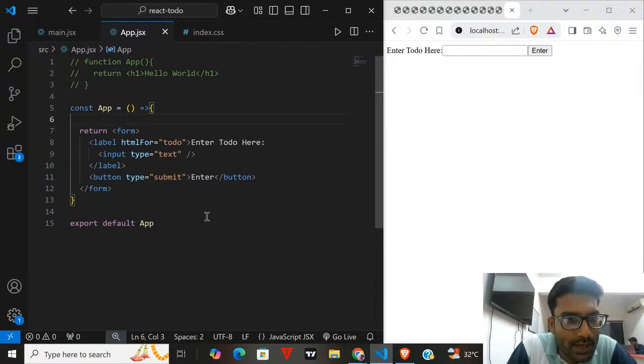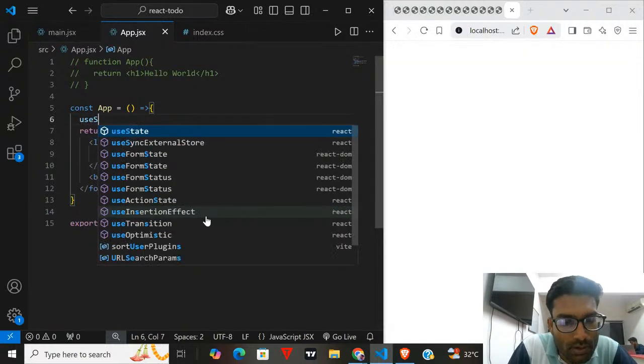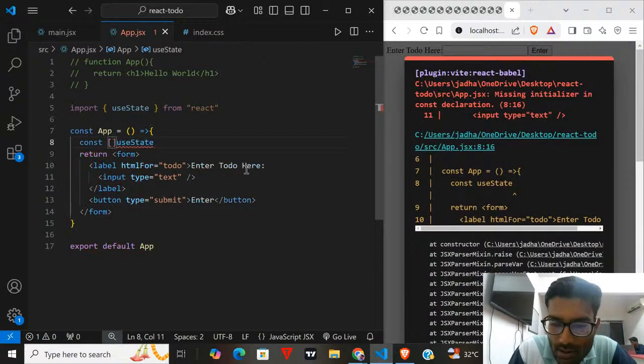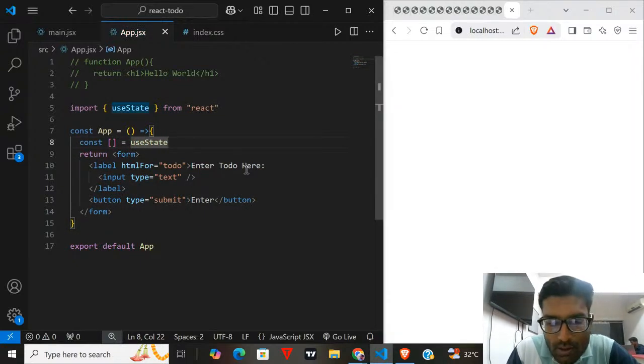For useState, you can write useState, and it will be imported from React, the package that we installed. How to use state? You can make one const, destructure it, and assign it to the useState hook.